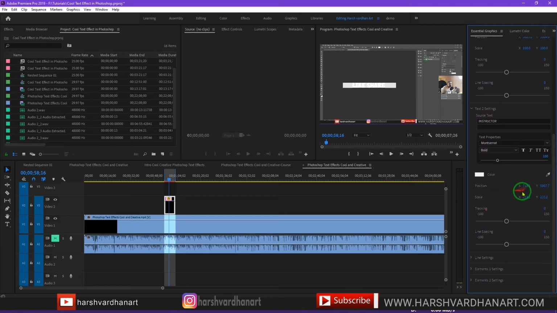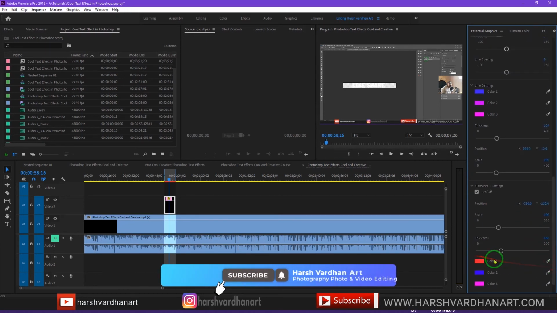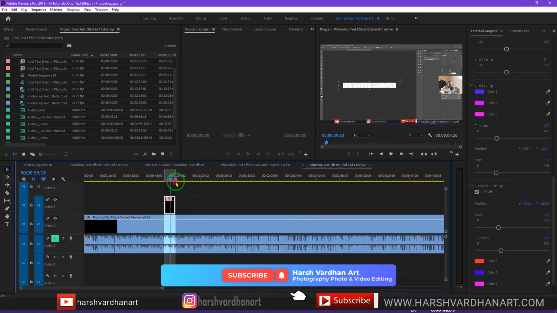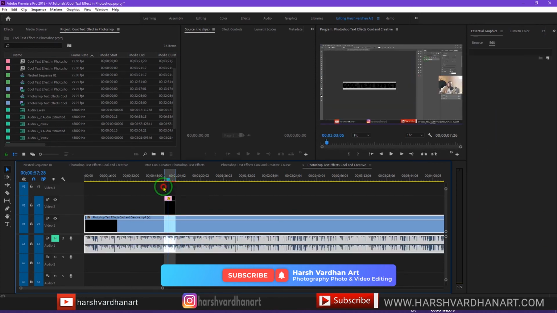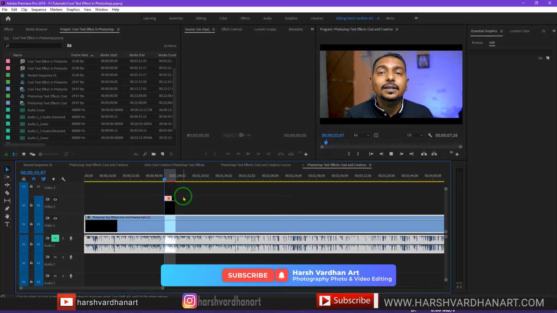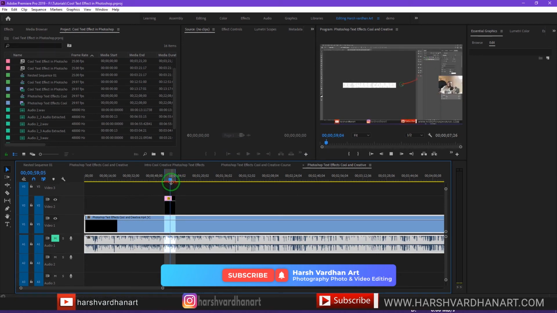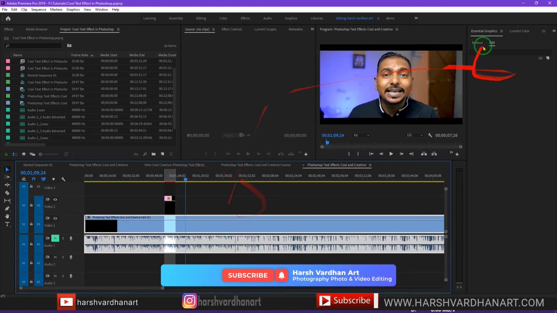We can scale it, we can position it, we can track it, and the line settings, so we can change the color of the lines and elements 1. So the entire template is fully customizable. You can customize it again and again. So let me just show you how it's going to look if it shows me. As you can see, it shows the red line, so we need to render it. So once I render it, I'll show you the preview.